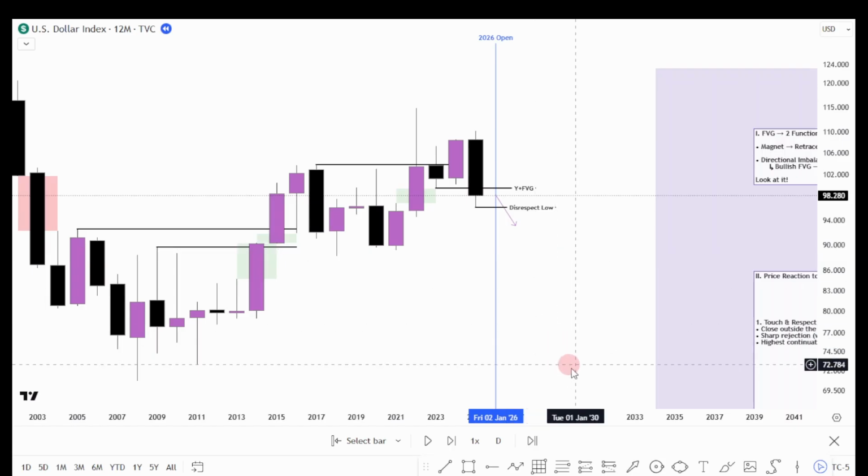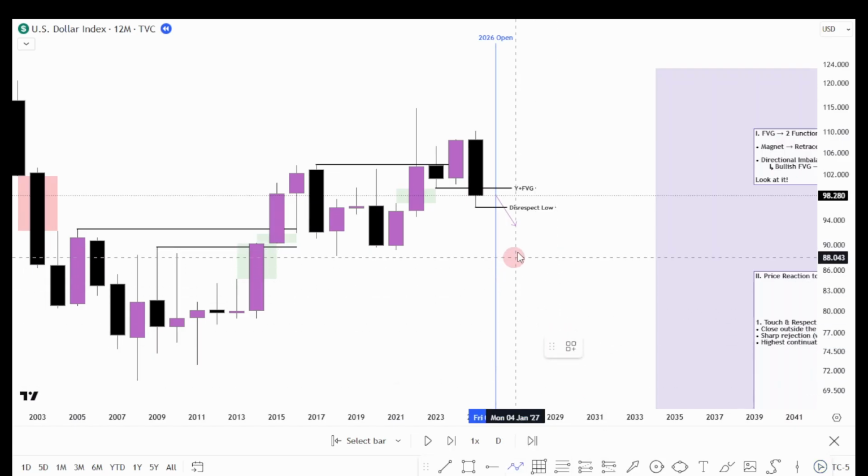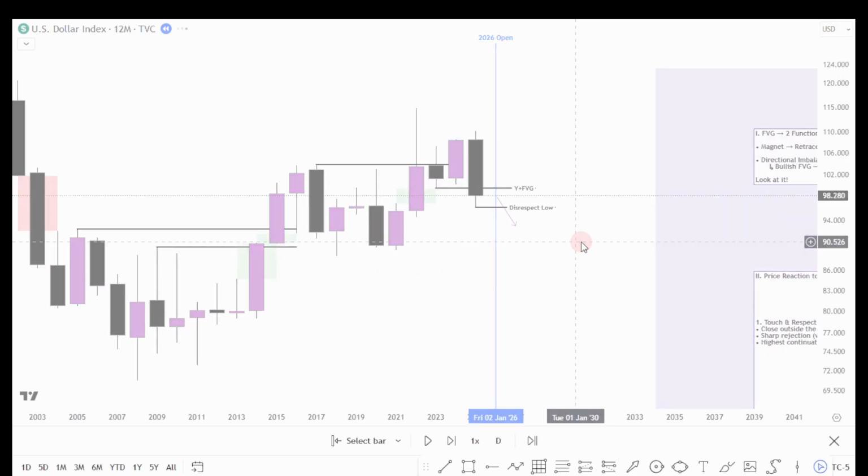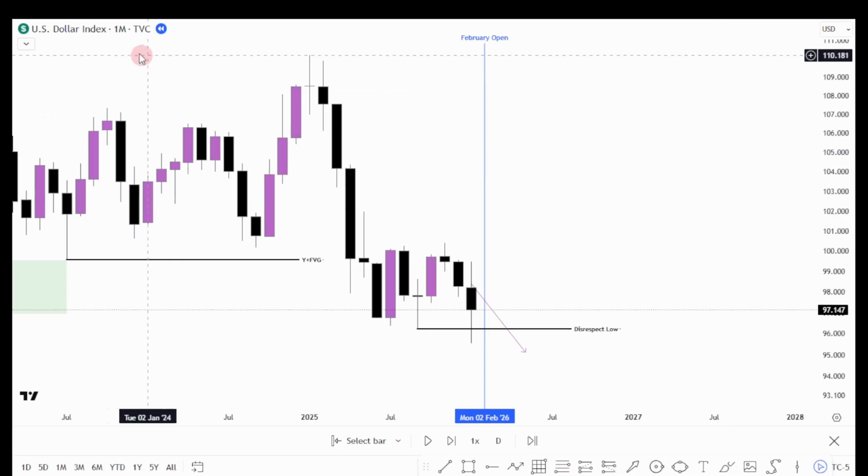in January. And currently, we need to monitor if it's gonna be a sweep on that low to reverse higher or a continuation lower, which is also likely to happen. I mean, unless these people in some governments get their act together. And time to move on to the monthly chart.